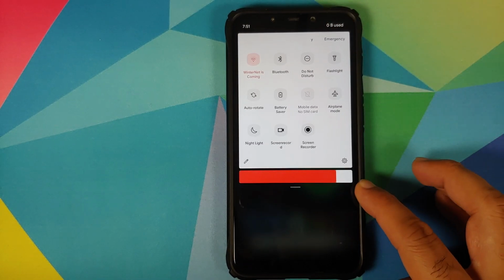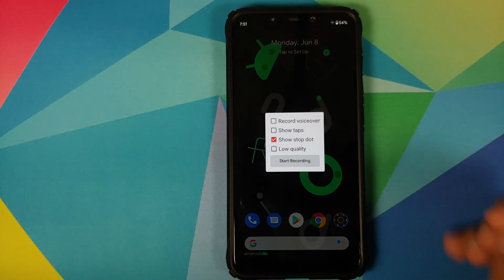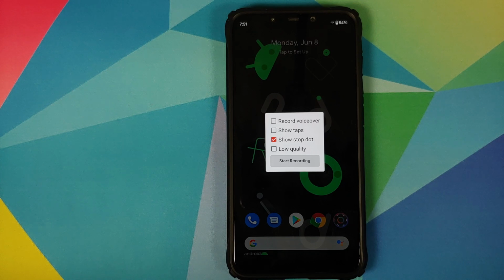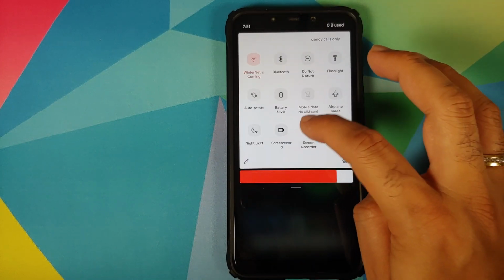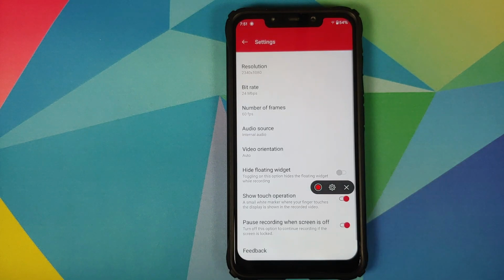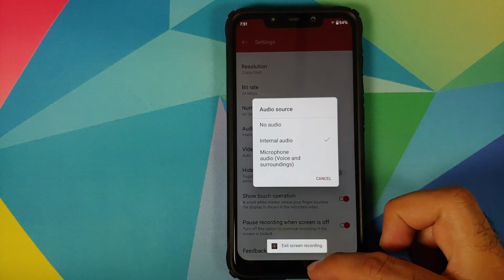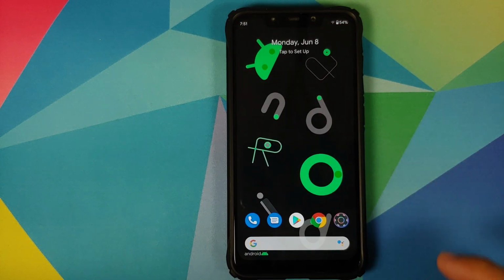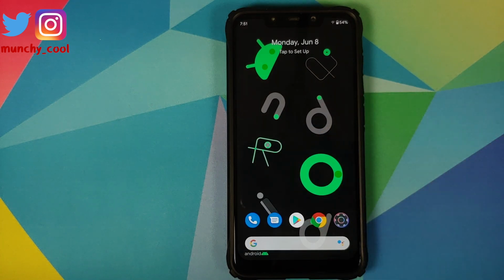Now you do have a MIUI style brightness slider in case you want to enable that, and here is the first screen recorder which is baked in. This, I think, is the screen recorder which Google had implemented but never pushed to Android fully. Then the other screen recorder which you have, I think, is the one from Oxygen OS. As you can see, this does let you record internal audio in case you want to do that. And of course, as we have the launcher baked in, if you swipe to the left, you do have your Google feed built in.